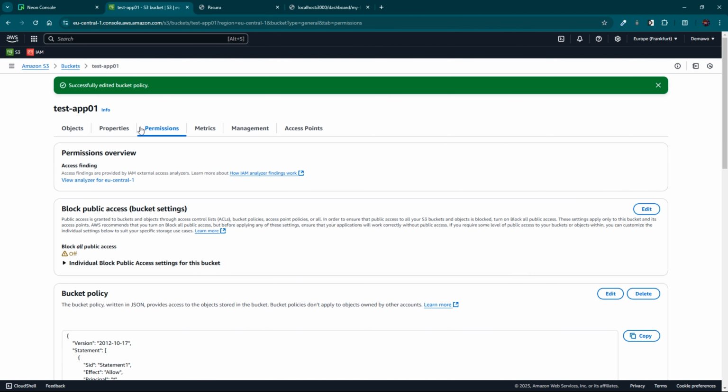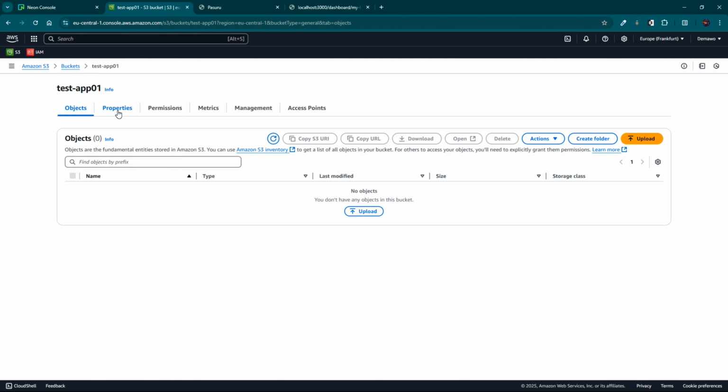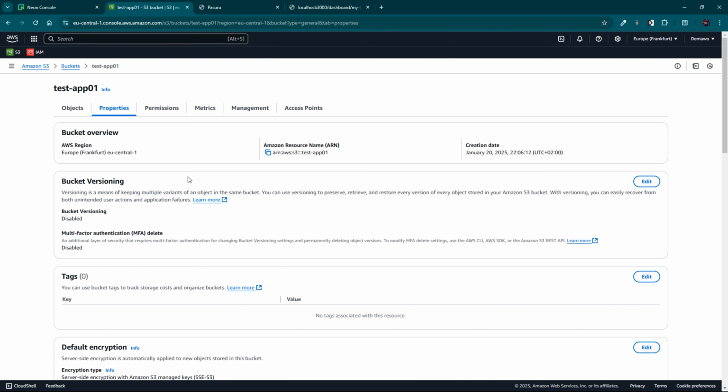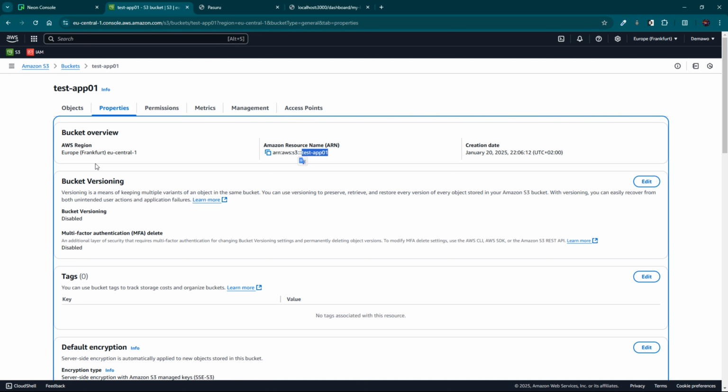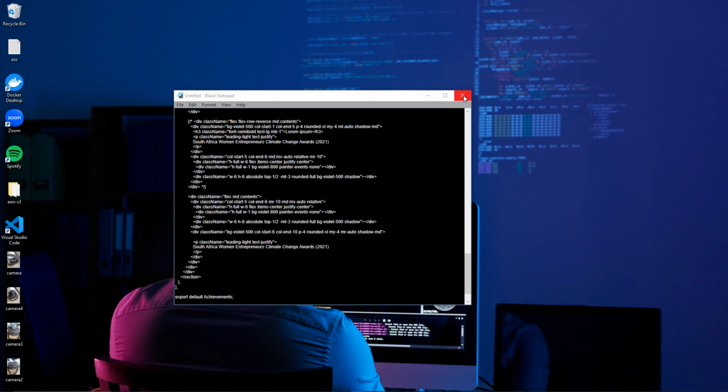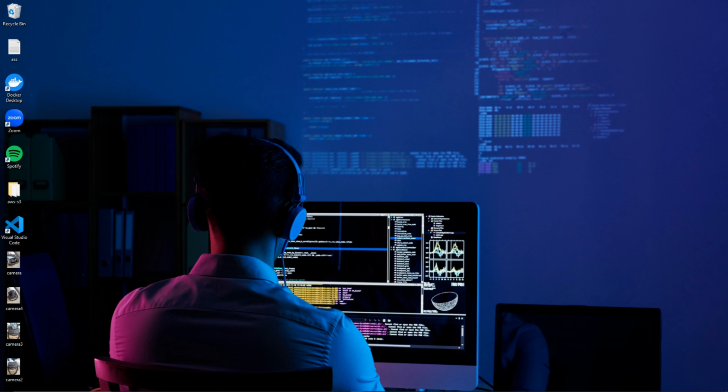So let's quickly get that. For the bucket name, let me click where it says properties, right? So this is the bucket name, and the region is EU Central 1, right? So let's quickly go into VS Code,